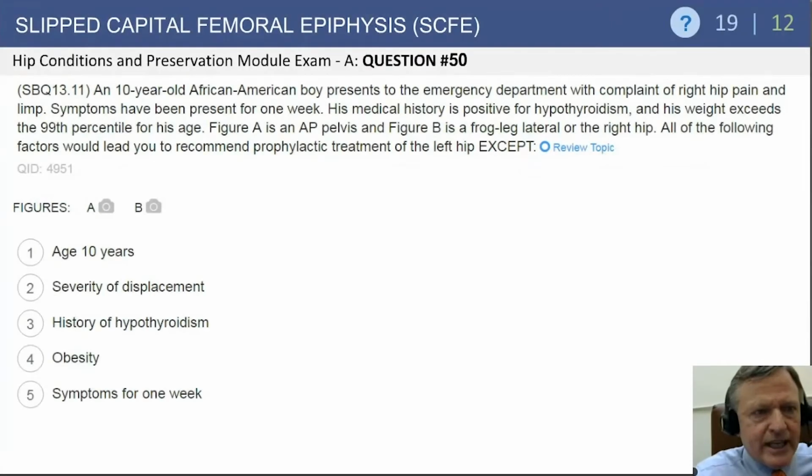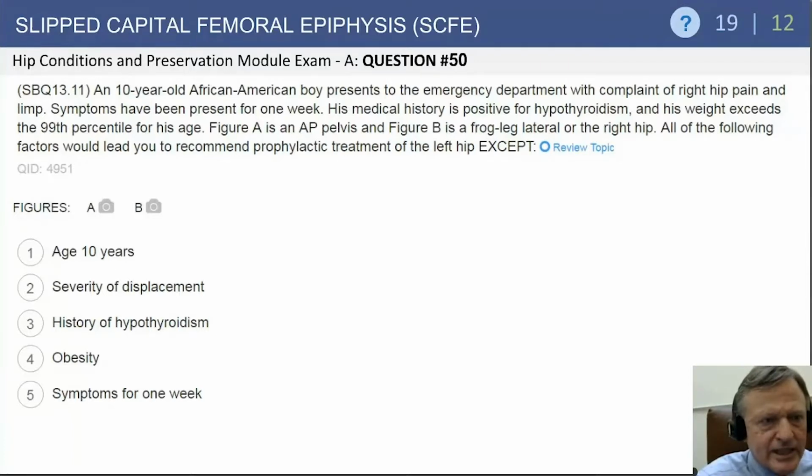So SCFE, moving on to questions of this. This is a 10-year-old African-American boy, emergency room, right hip pain, symptoms present for a week. Then in the medical history, they give you the things that are important: hypothyroidism, his weight, he's heavy, and you all have seen the question,